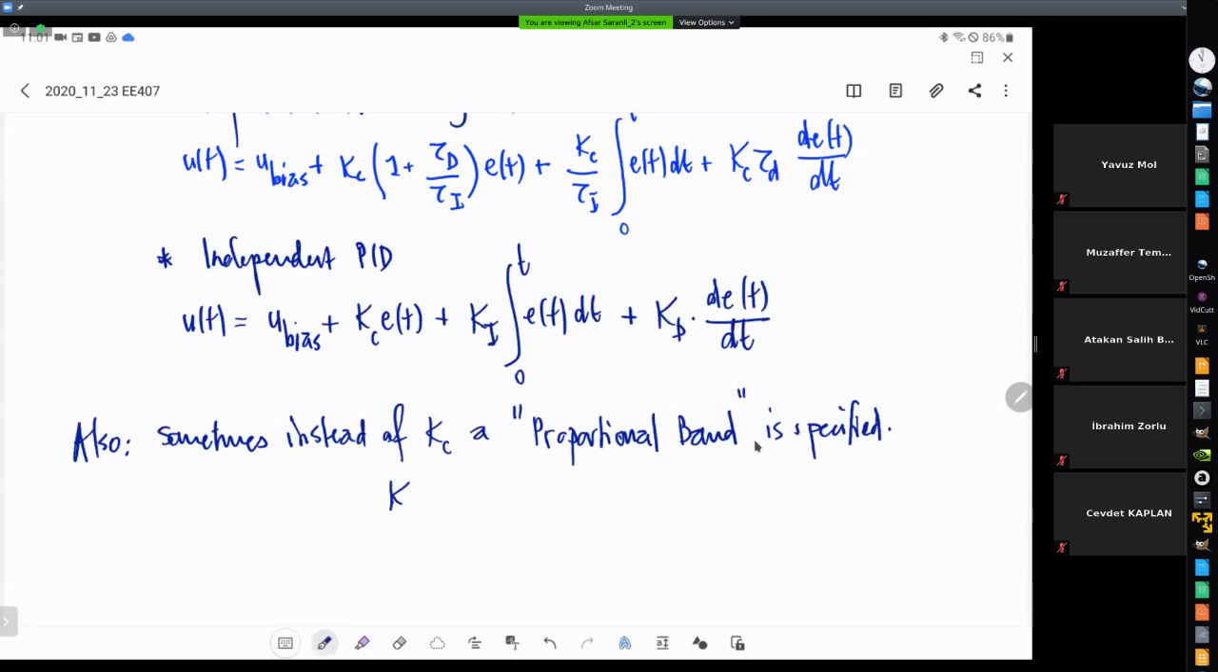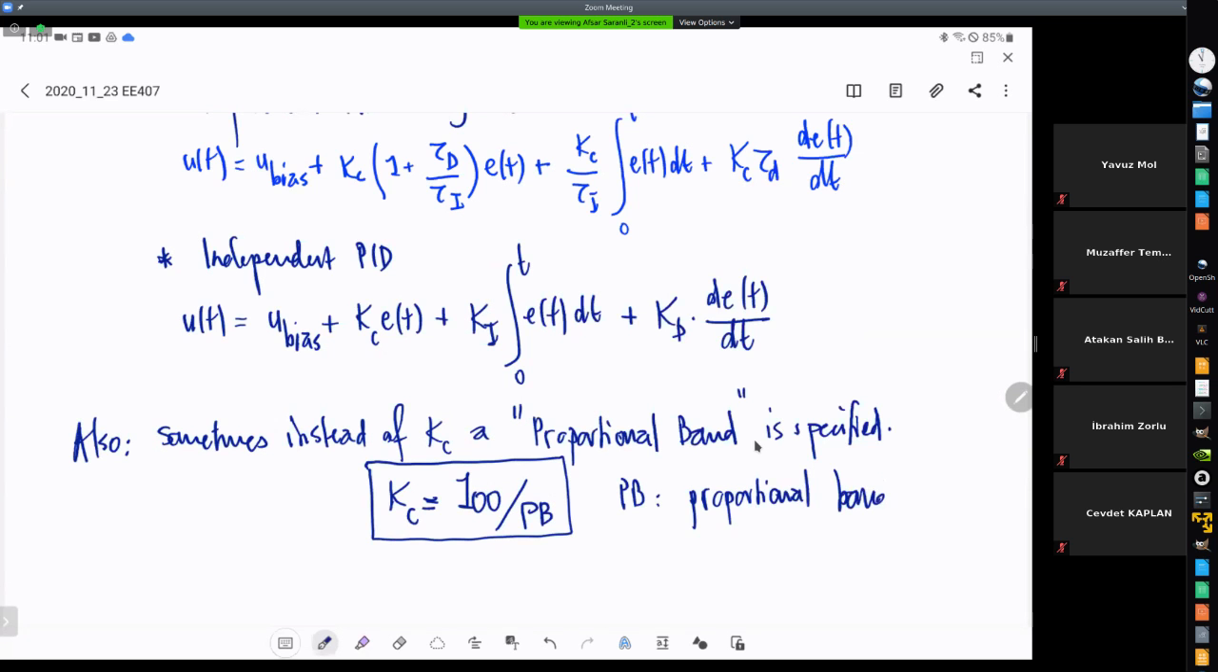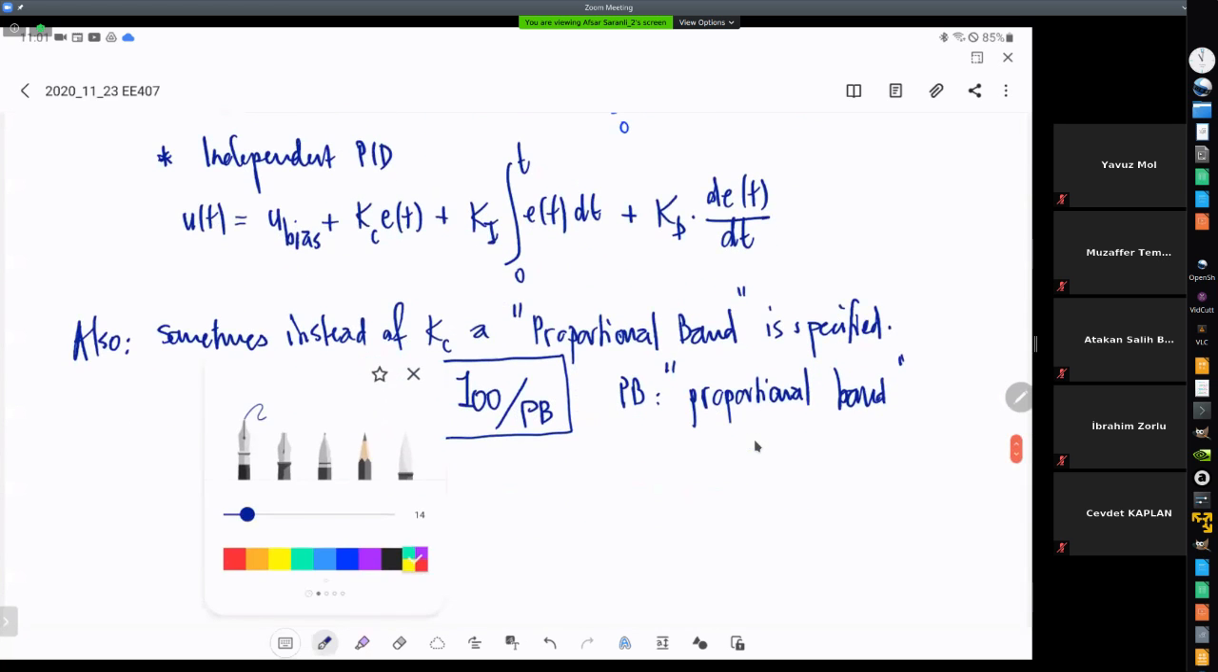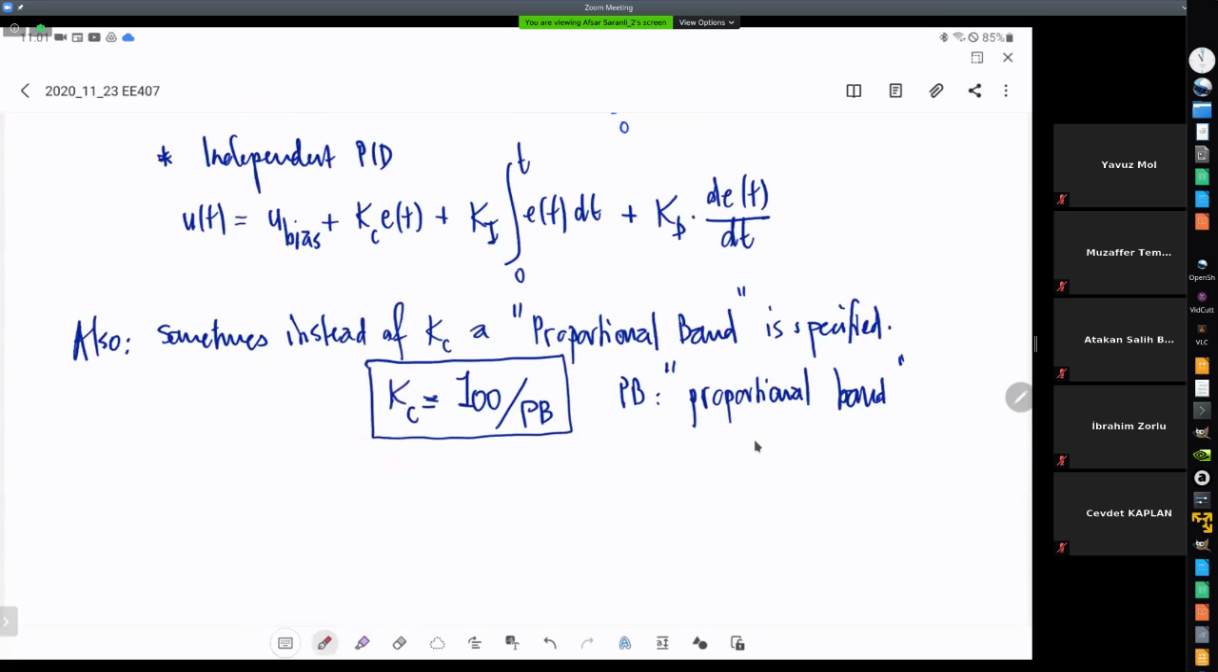And that has a direct relationship between Kc and this band. Basically, Kc is equal to 1 over Pb, where Pb is the proportional band. Okay, so this is another weird terminology. What is important to note is that